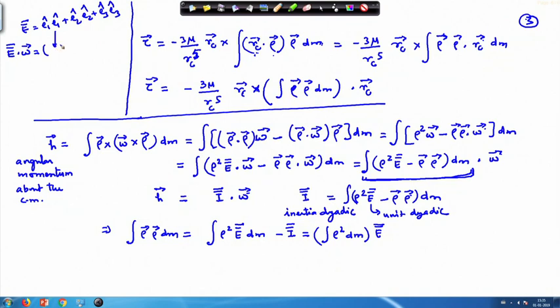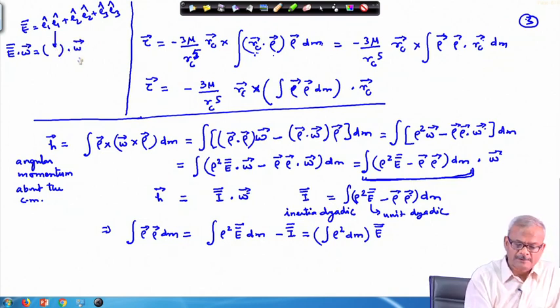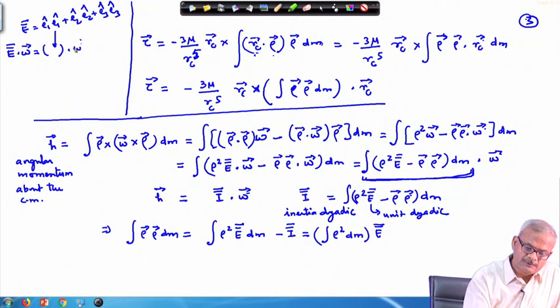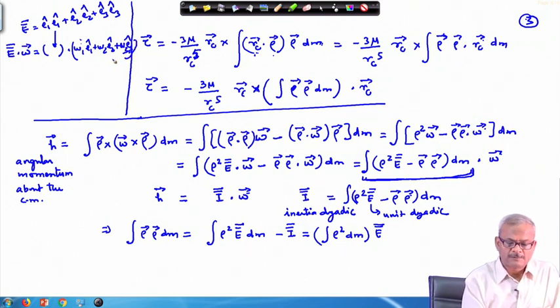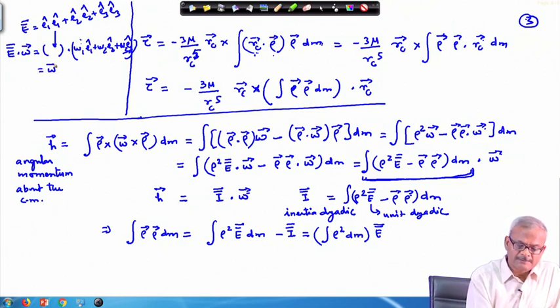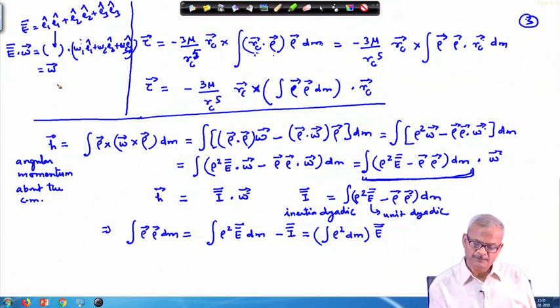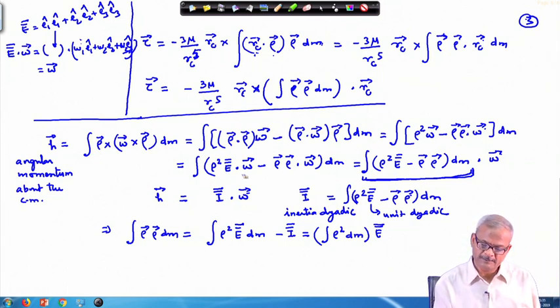So, copy it here in this place and take the dot product with omega, where omega we can write, in the full form, as omega 1 E 1 cap plus omega 2 E 2 cap plus omega 3 E 3 cap. Okay. So, if we take the dot product, we will see that this will result in omega. So, that was the thing that we have done: this omega we have written in terms of unit dyadic and this omega. Okay.